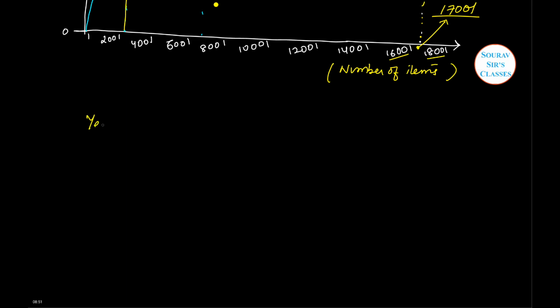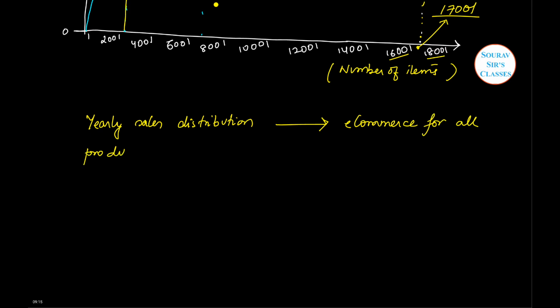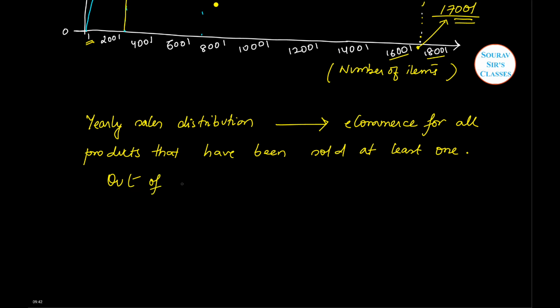So let us explain this a little. The graph actually explains the yearly sales distribution of a country's e-commerce in a particular year for all products that have been sold at least once. So it starts from 1 and it is ending here, so there are a total of 17,000 products. So out of 17,000 references,